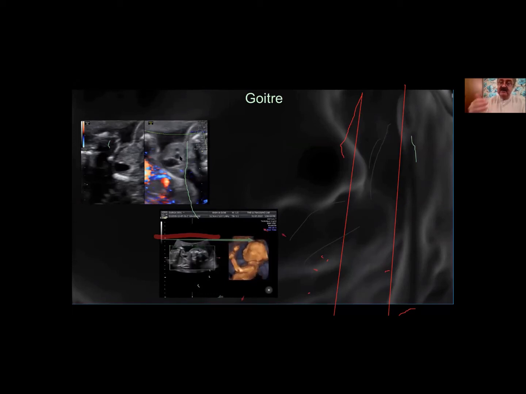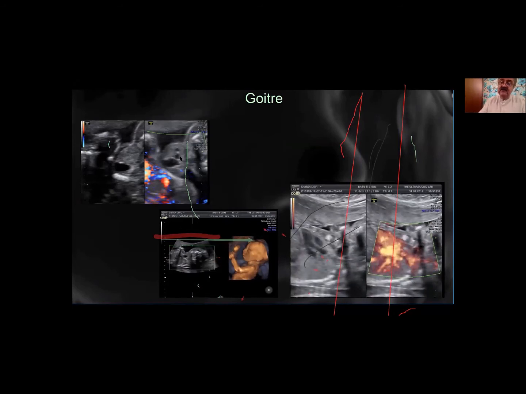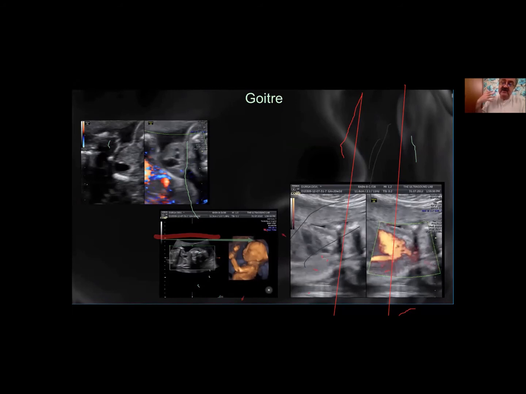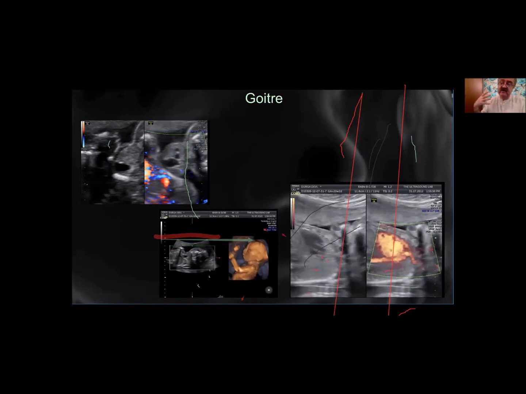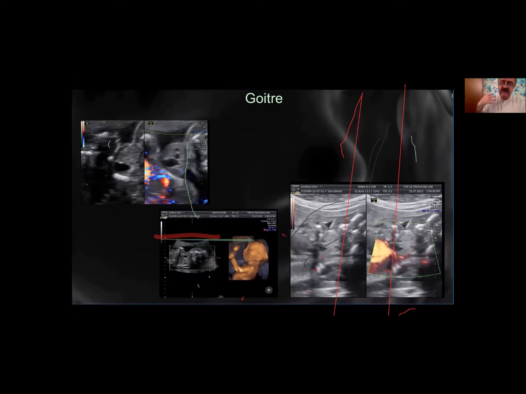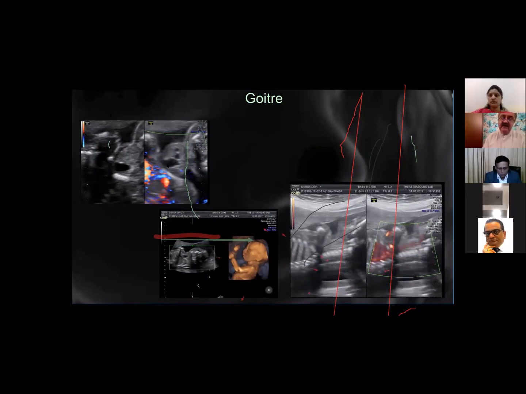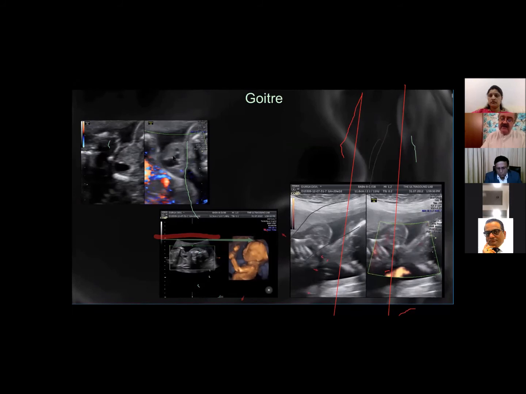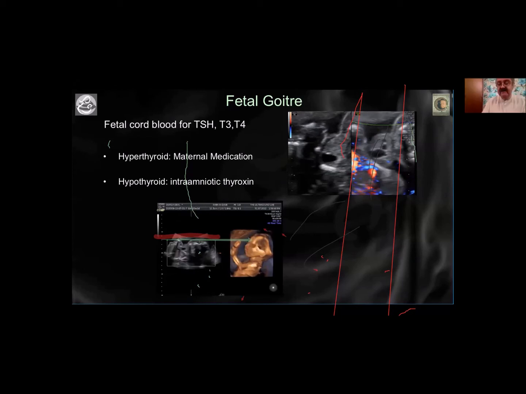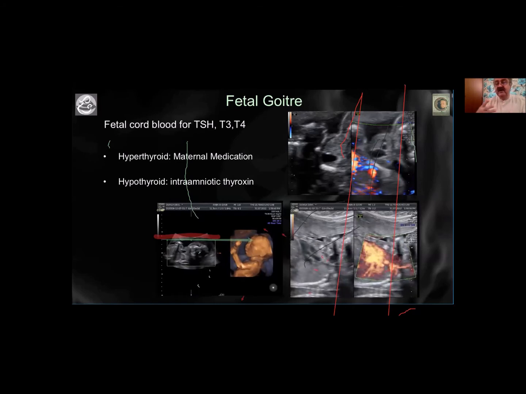It has to be anterior, which is thyroid; lateral, which are usually jugular venous lymphatics, or they can be angiomas, hemangiomas, and lymphangiomas; or posterior, where they can be neurogenic in origin. And then we say, okay, there's a goiter here. And then the thinking doesn't stop there. Because when we look at this, we do realize that if it is hyperthyroid, maternal medication is enough. If it is hypothyroid and there's this large goiter, then you might need to extend your study to actually make